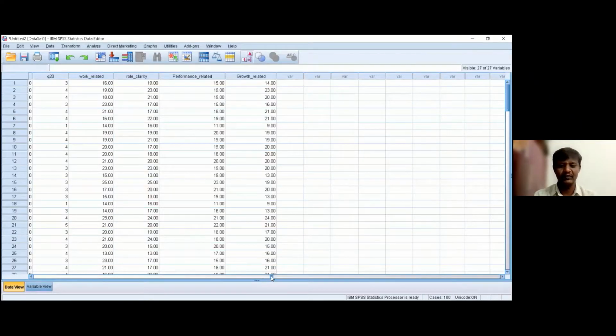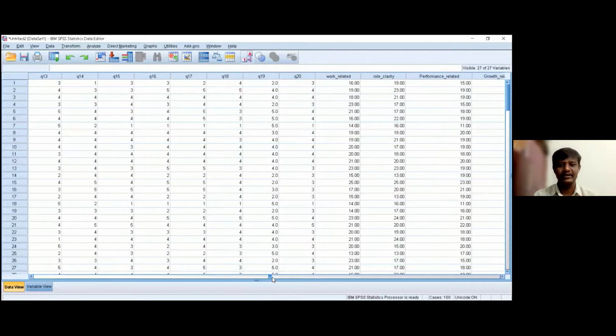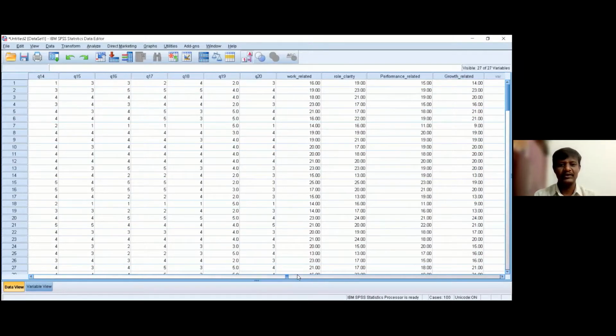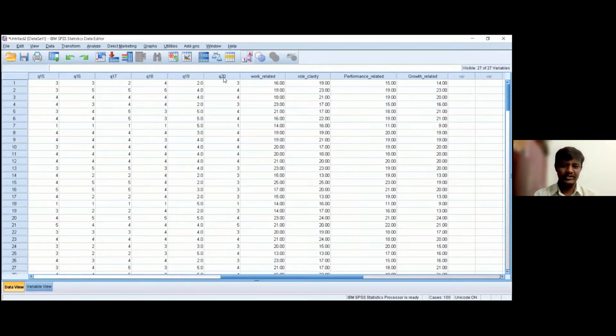We can move to the right hand side, and next to question number 20, that is next to the last question, you can see the new variables getting created.